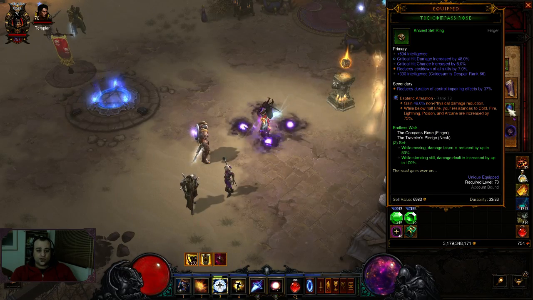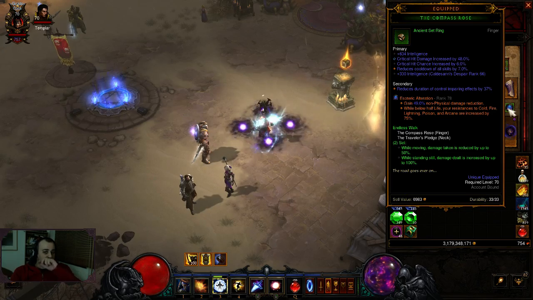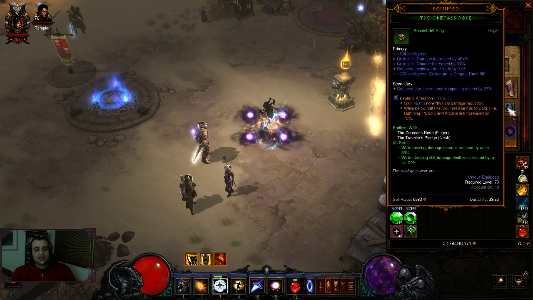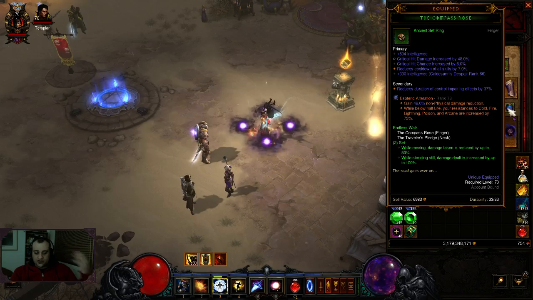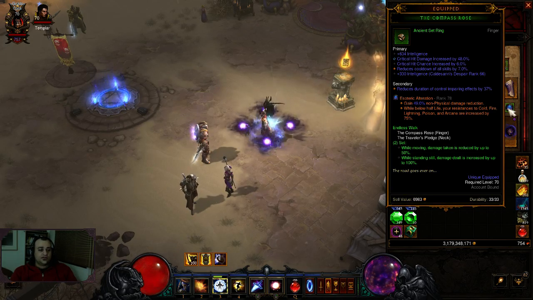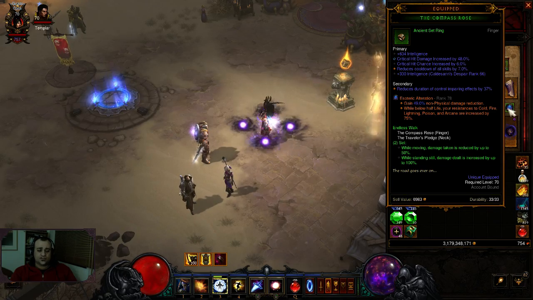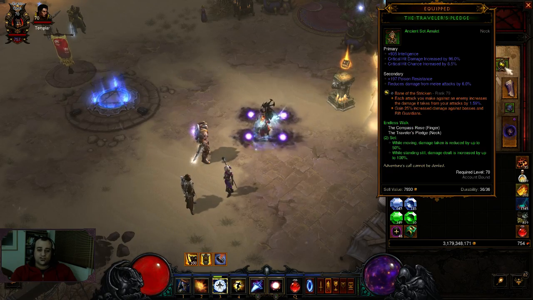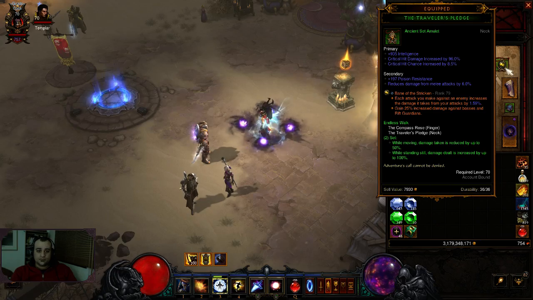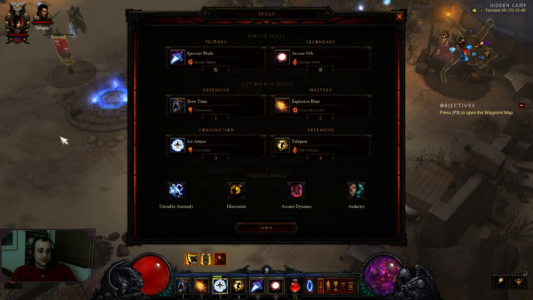But for the most part, you really need that damage reduction, so you'll be really able to stand there amidst all the arcane that goes on, the electrified, plague, frozen, enchanted, poison enchanted, etc. So yeah, that's pretty much it, I went through all the items. We'll go through the